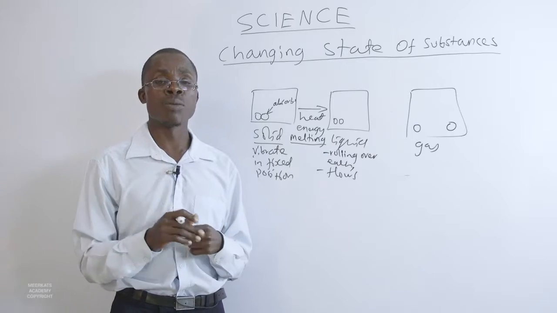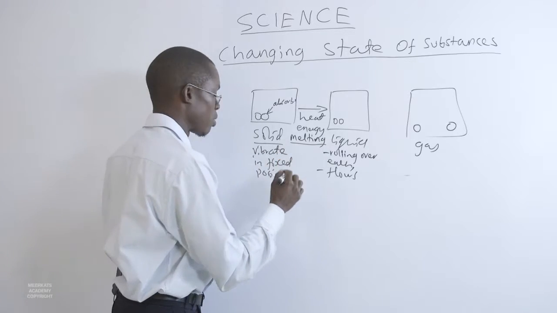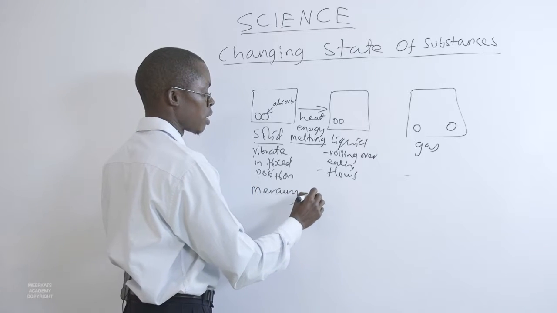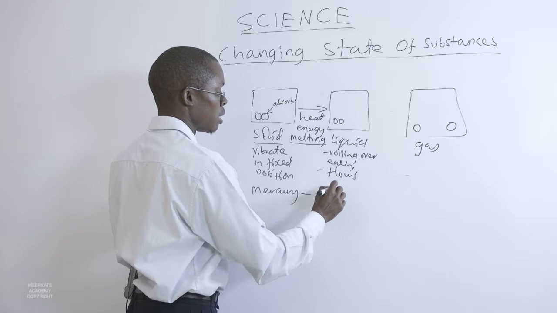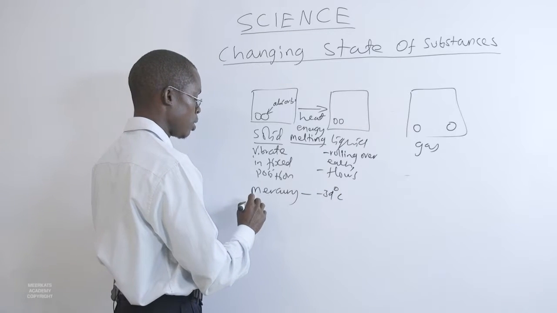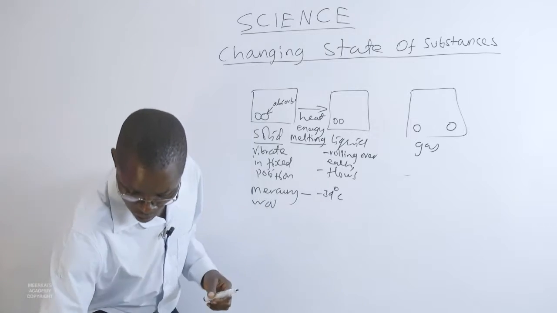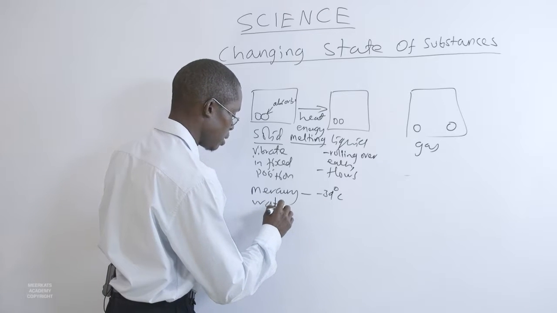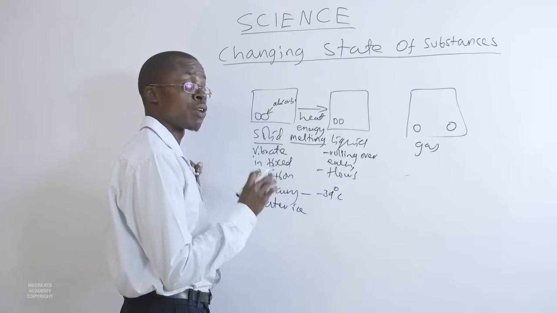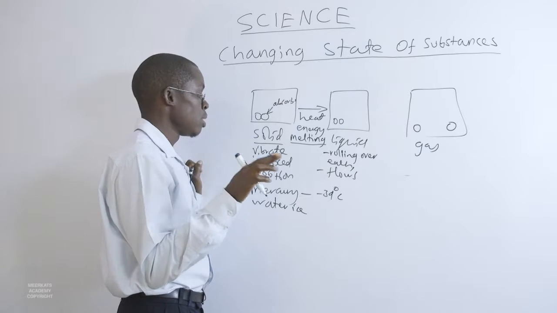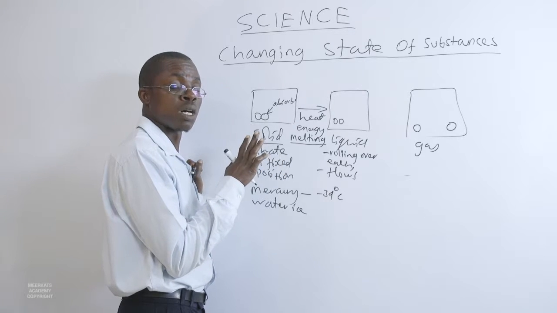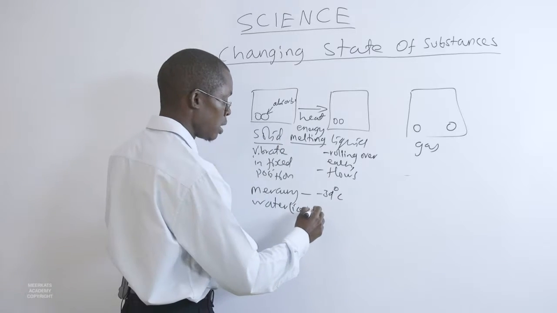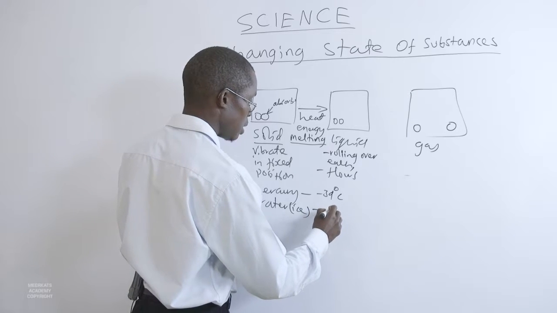So looking at water and mercury, the melting point of mercury is negative 39 degrees centigrade, and the melting point of water, okay, we can talk of water ice, because we also know the dry ice. There are two types of ice. We have the dry ice, that is CO2, carbon dioxide. Then we have water ice, and in particular this one is at 0